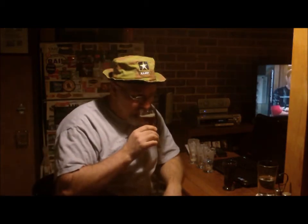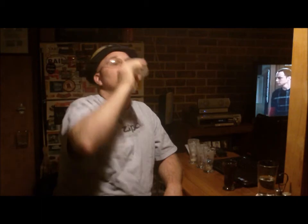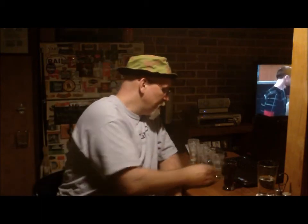Then we go into the Hop Dog. Nice, super clean beer. Again, I can see straight through it. Very hoppy, very bitter, very dry. When I make this again, it's all going to be bottles. It's just too much for a keg. Very nice. And then last but not least,